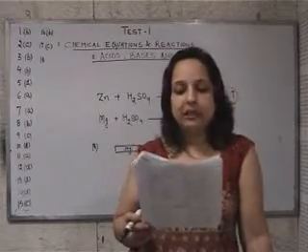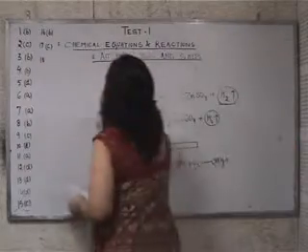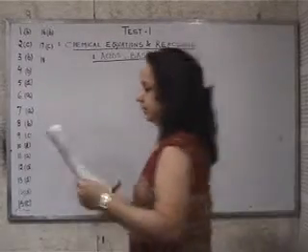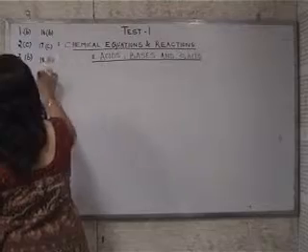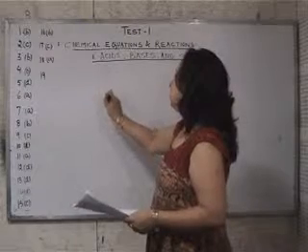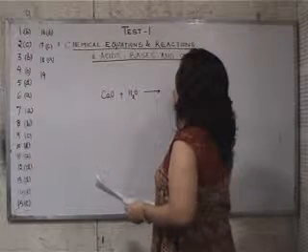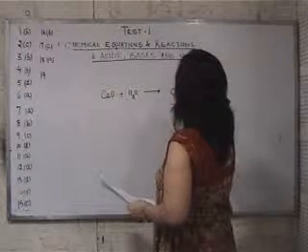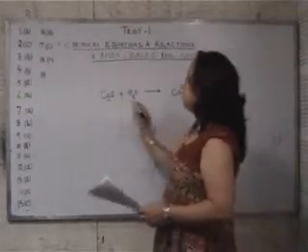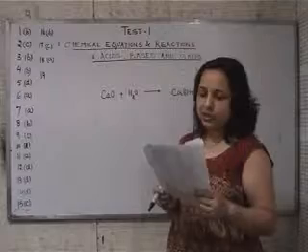19th question. Which type of reaction happens when quicklime is added to water? Now we move on to the next question, the 19th. Which reaction happens when quicklime, calcium oxide, is added to water? We get formation of calcium hydroxide. Calcium hydroxide is formed. This is a combination of two compounds. Thus we can say it's a combination reaction.